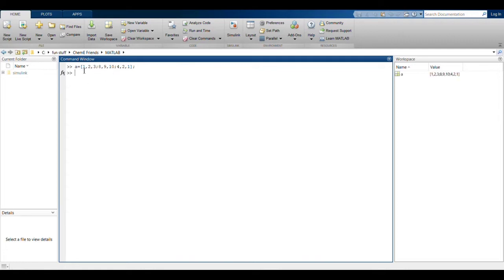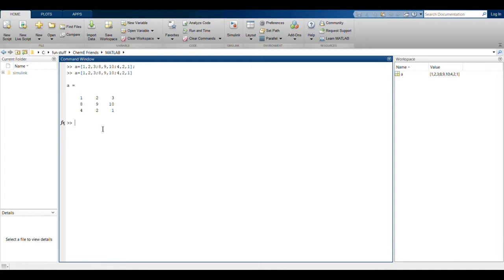I don't get any values below my command, but as you can see in the workspace, the variable name A is saved with the same values as our matrix. If I use the up button, I can access my previous commands and remove my semicolon. You can see that the output gives the same 3 by 3 matrix which I had inputted in the previous command.